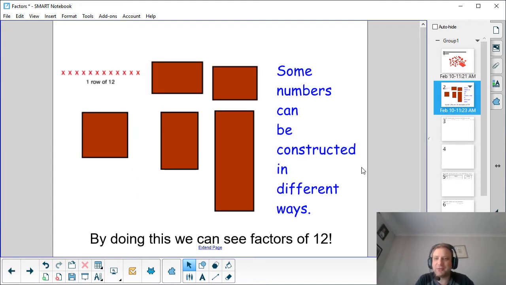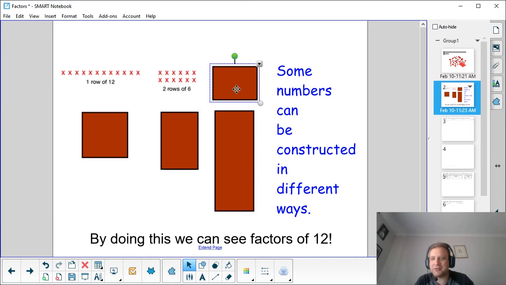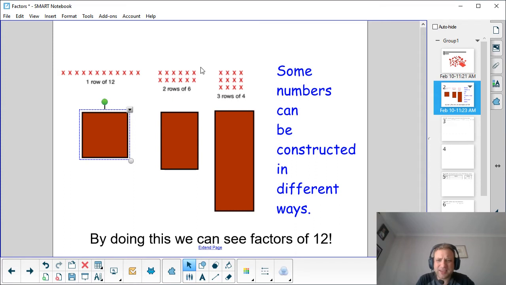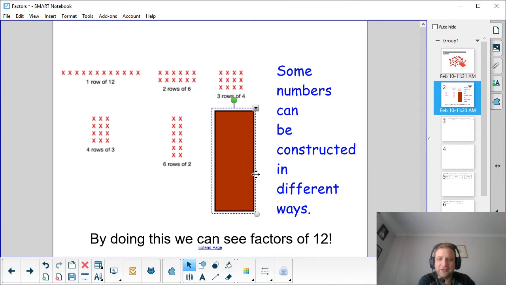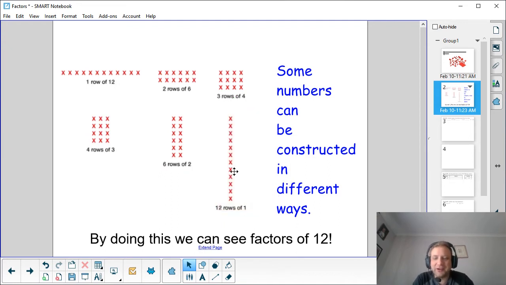So if I'm trying to make the number 12 with even groups, we know we can make the number 12 in different ways. We can go 1 times 12, one row of 12. We could also go 2 rows of 6, right? If I've got rows of 6, then I've got even rows, and I have 2 of them, and that's 12. Same for 3 rows of 4. And then I've also got these things transposed, flipped around the other way, right? So 4 rows of 3, 6 rows of 2, and 12 rows of 1. These are all the different ways I can use even groups to make the number 12,